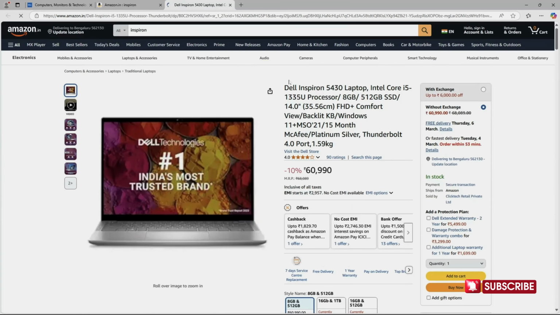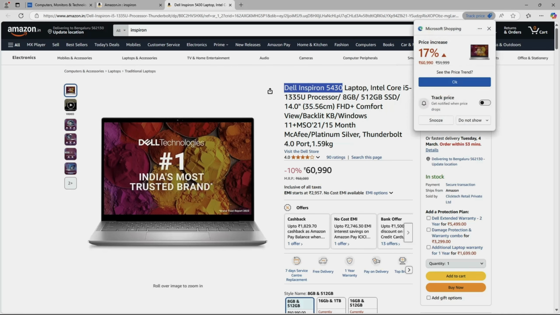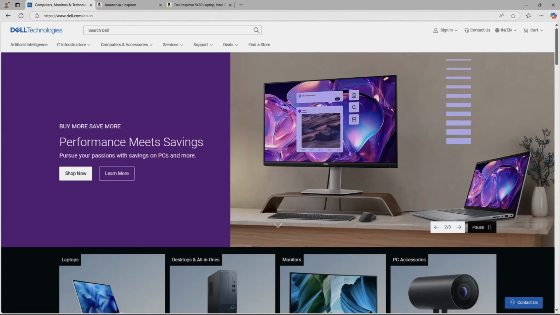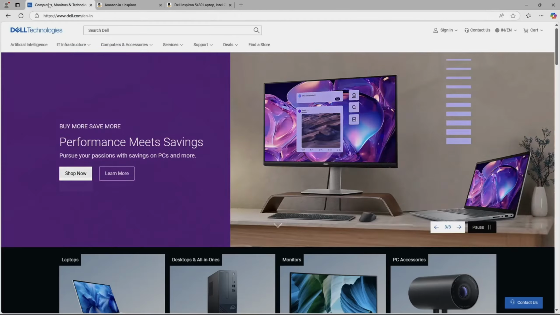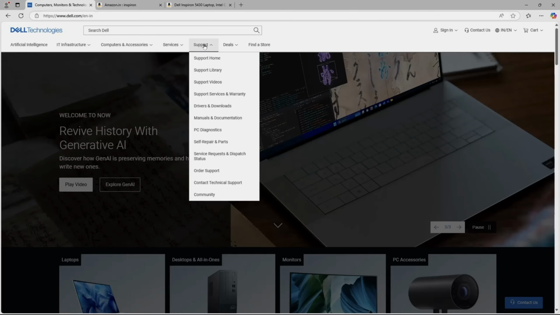Let us say I have purchased. So basically, I am not using the Dell laptop. I am using Asus laptop. So this is only for demo purpose. Dell Inspiron 5430 is the model which we have purchased. And if I want to download the drivers for Dell Inspiron 5430, in the Dell website, there is an option